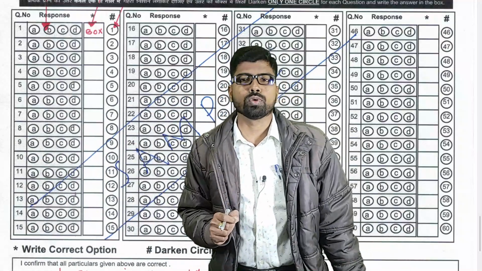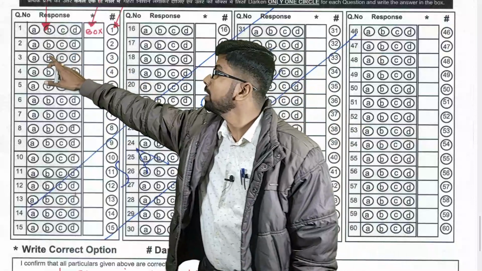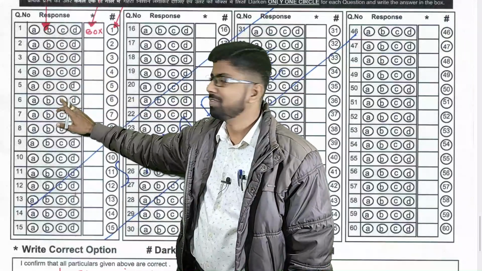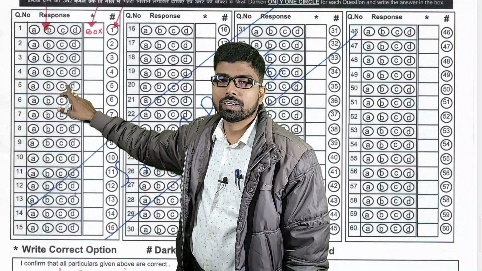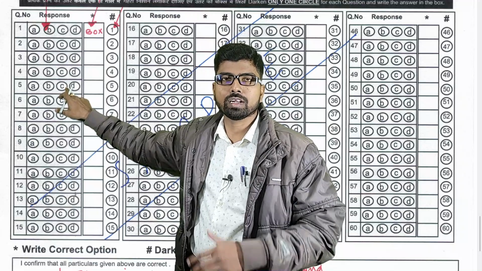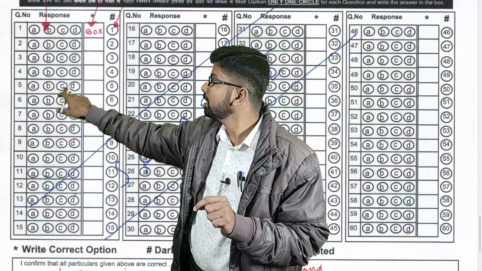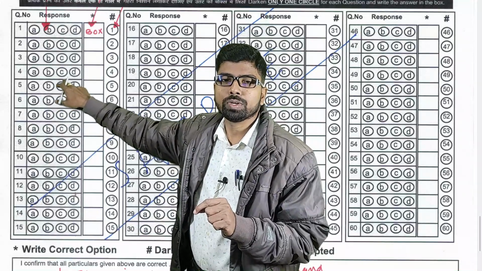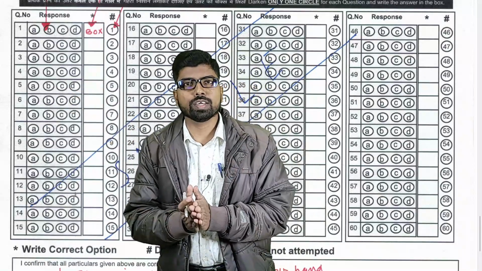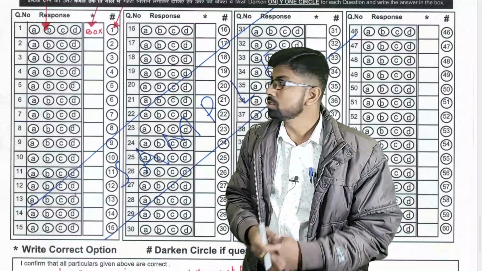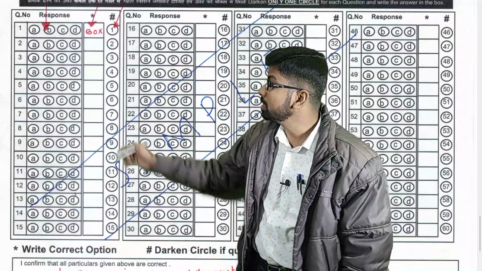Here the most important thing is this. Suppose question number 5, answer C is the correct answer. On your first round, your calculation came, option C is the right answer. Then you have to completely darken C. As the instruction is given in the letter, first you fill all the OMR. Once it is filled, then after that one box is there now.